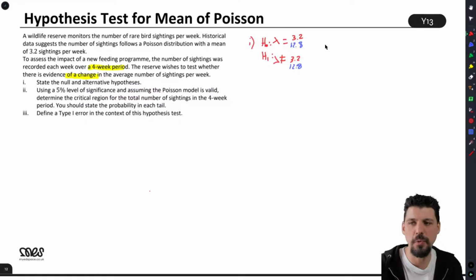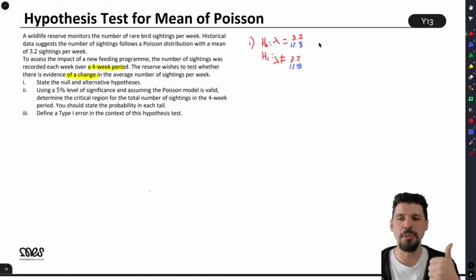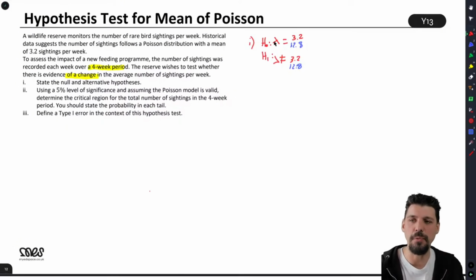Now the key thing to go with this is tell me what lambda is. If you're doing a hypothesis test for the mean of a normal, you tell me what mu is. If you're doing it for p of a binomial or a geometric, you tell me what p is. If you are testing the mean of a Poisson distribution, you tell me what lambda is. So lambda is the mean